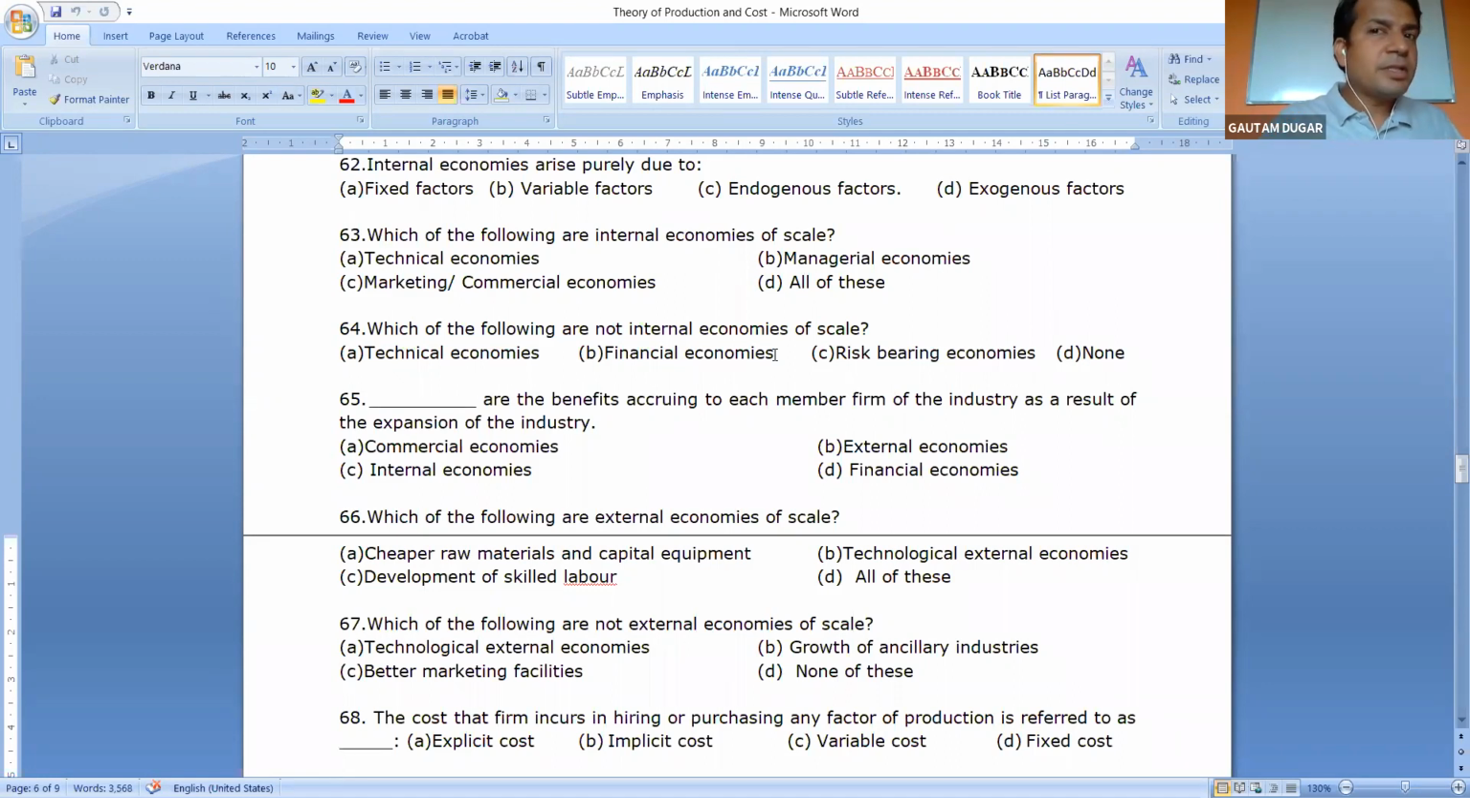However, what are external economies? When the number of firms starts increasing in the industry, then all firms will start getting some common benefits. The benefits which are external to them, those benefits are common to all firms. Those are called external economies of scale of production. So 64 was D, none. Coming to 65,